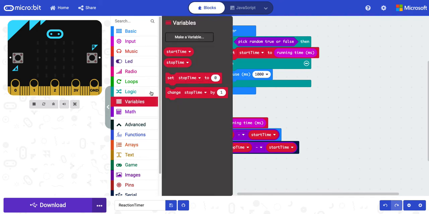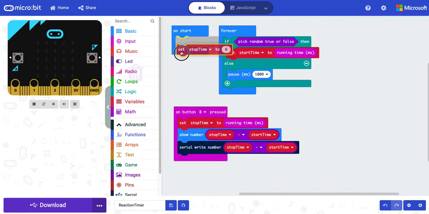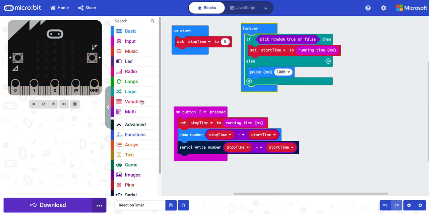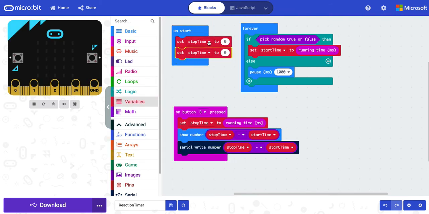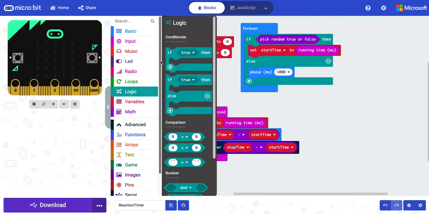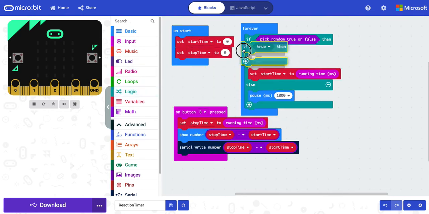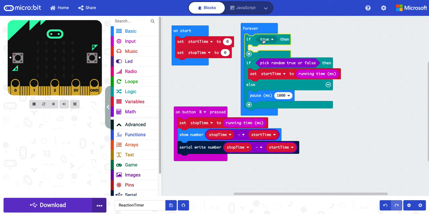So we go back to variables, and it's typically a good approach to set things up for every variable. So let's say here our start time we set to 0, and we set our stop time to 0 in our onStart. Now we know that once we are hitting this, the start time will not be 0. So we could use that as an additional logical check where we say, well, if,